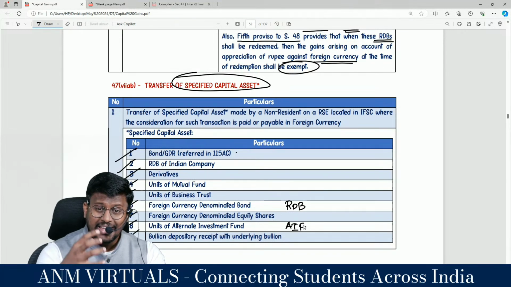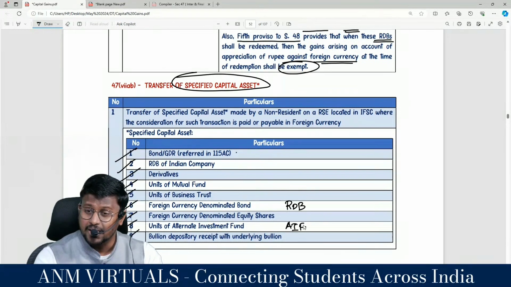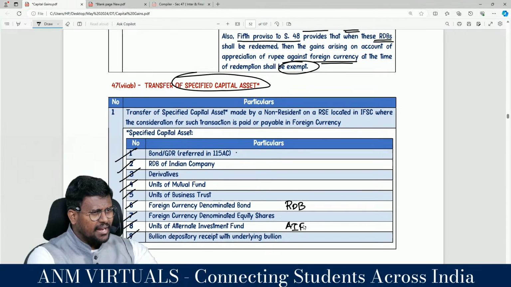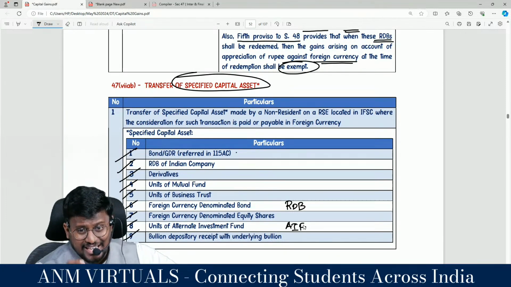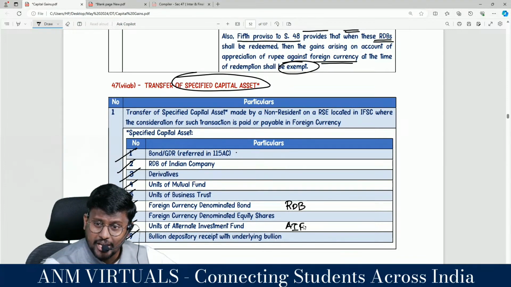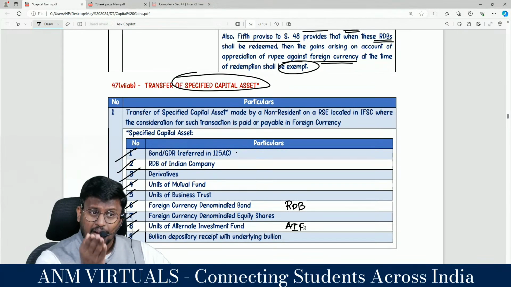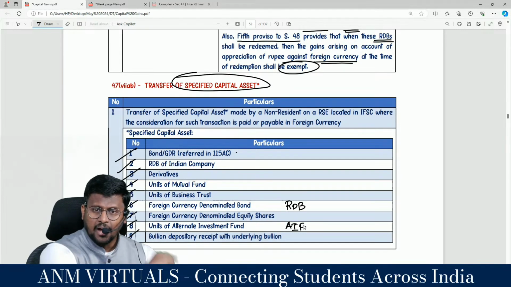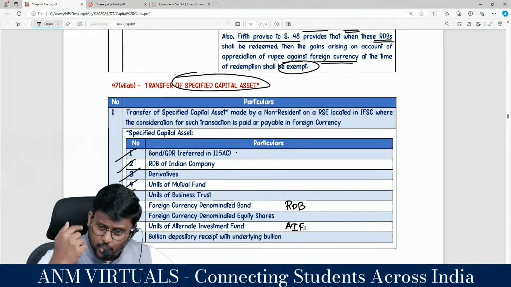For example, A&M Limited is a listed company in India. Then A&M Public Limited will be having listed shares in the stock exchange available in India. Yes, sir. These shares are not listed outside India. These shares are listed only in the stock exchange which are situated in India.